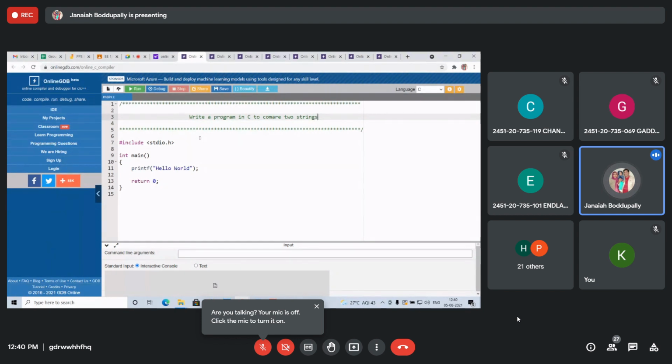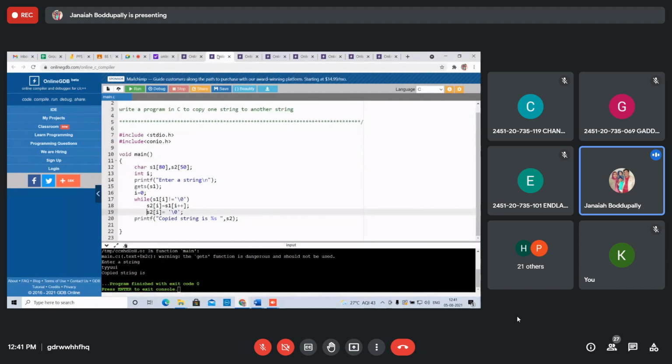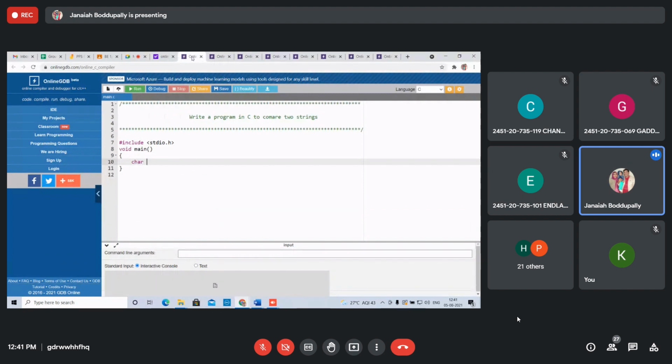How to compare? Take string 1, string 2, right? See, in this, take the first string. What is the size here?